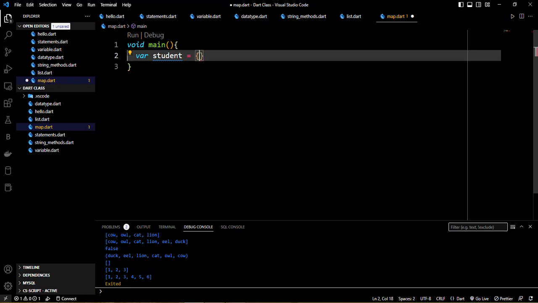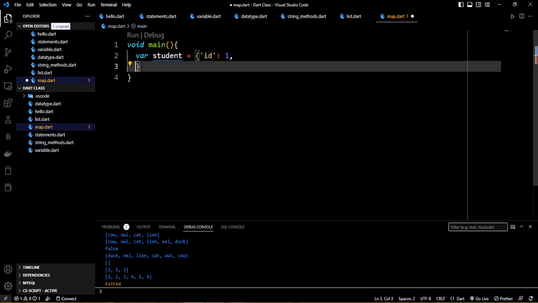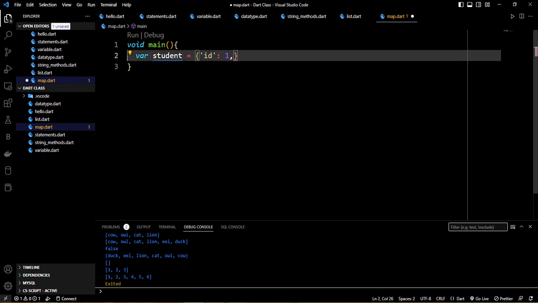Okay, so the first item we're going to add, key value pair we're going to add, is id 1. So id is the key, 1 is the value, and you're going to separate them using, I think, a comma. Okay, using a comma, and we say first name,